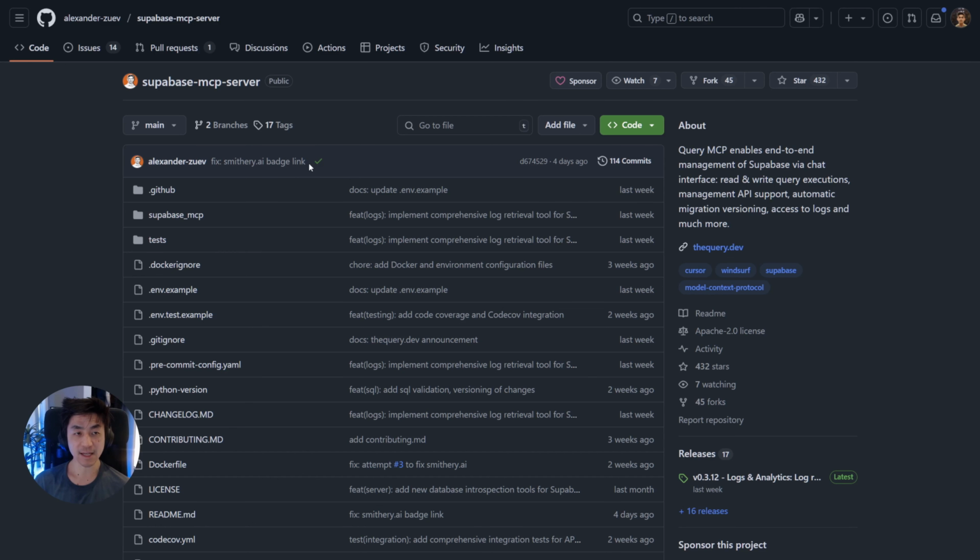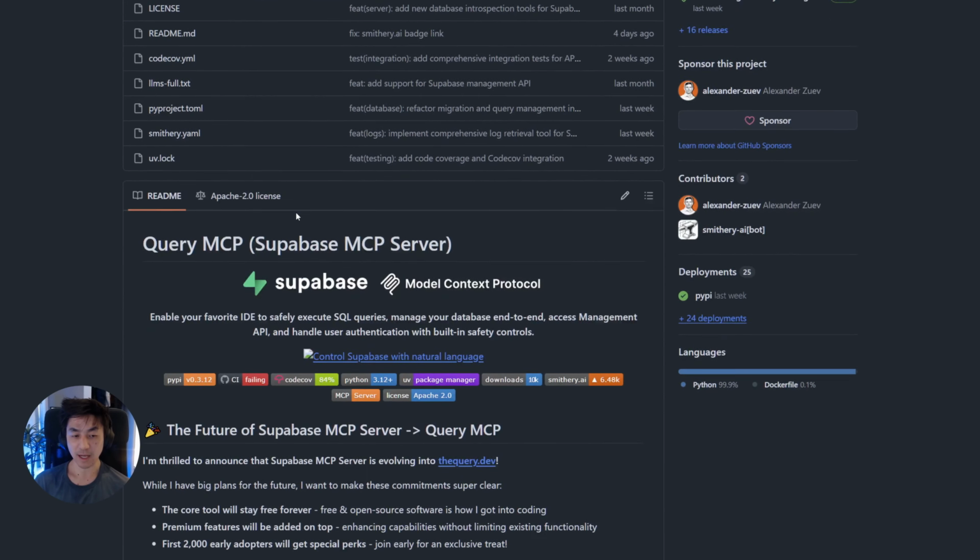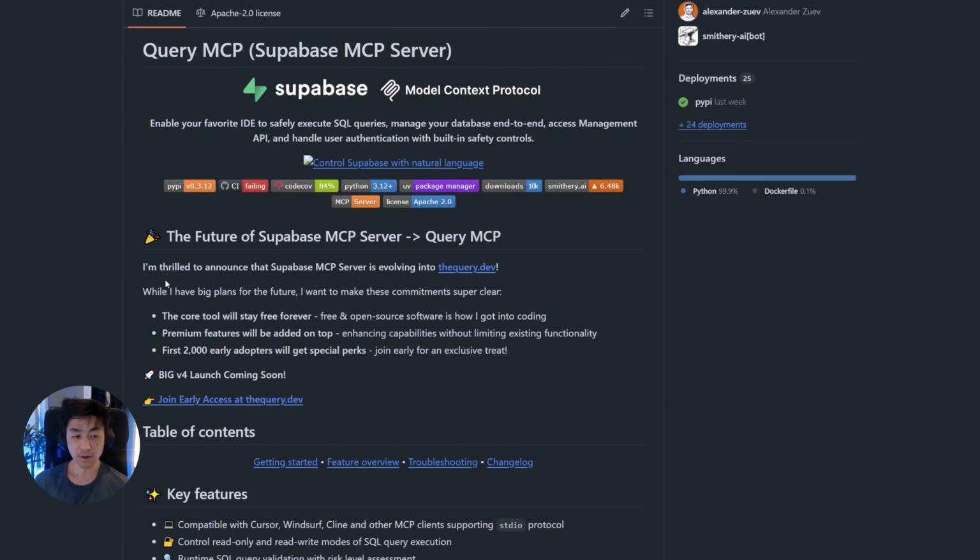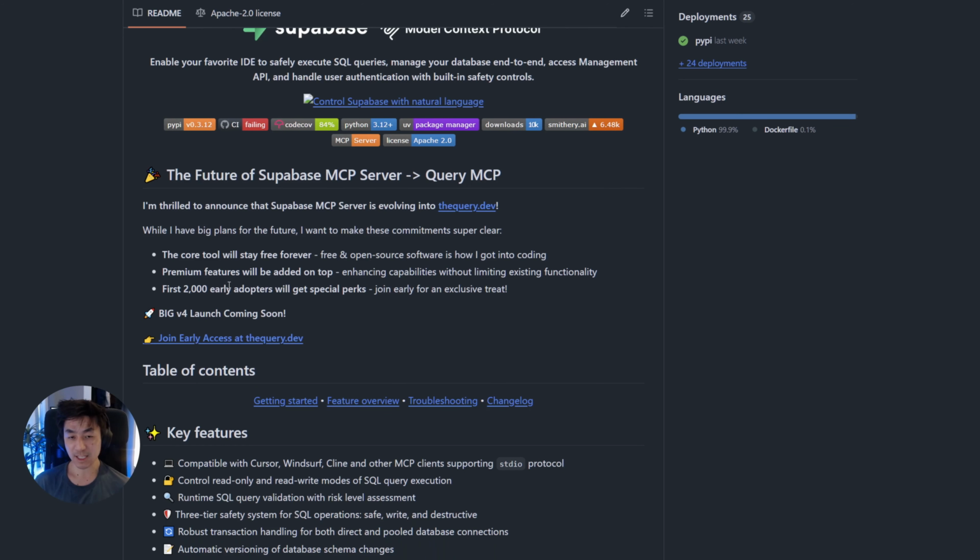So this is Alexander Zouav's Supabase MCP server, and it's really powerful because it not only allows you to ask questions, it allows you to make modifications to your database as well. And I'll show you why this is so important. It allows you to deal with many other aspects of Supabase, not just the database, but for the focus of this tutorial, we'll just focus on the database aspect. But once you get it running for your database, you actually can leverage this MCP server for many other features